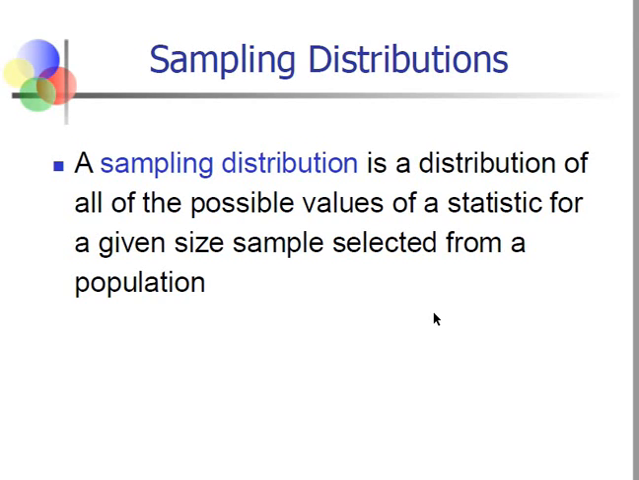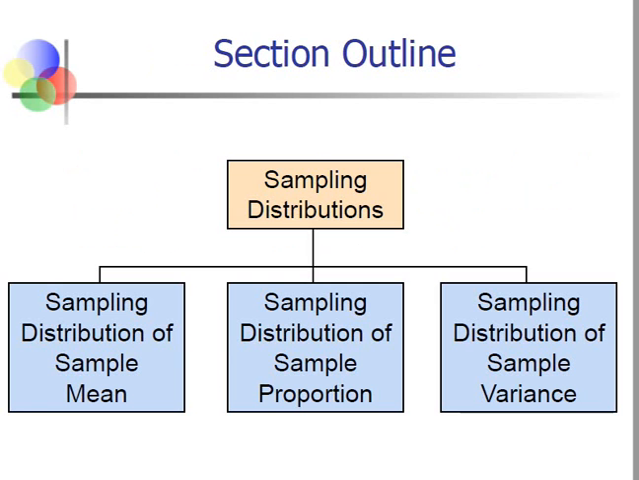Now, in other terms, we would say that a sampling distribution is just a probability distribution of a statistic. Okay, so we have sampling distributions of sample means, sampling distribution of sample proportion, and sampling distribution of sample variances. Now, here is a scenario of how